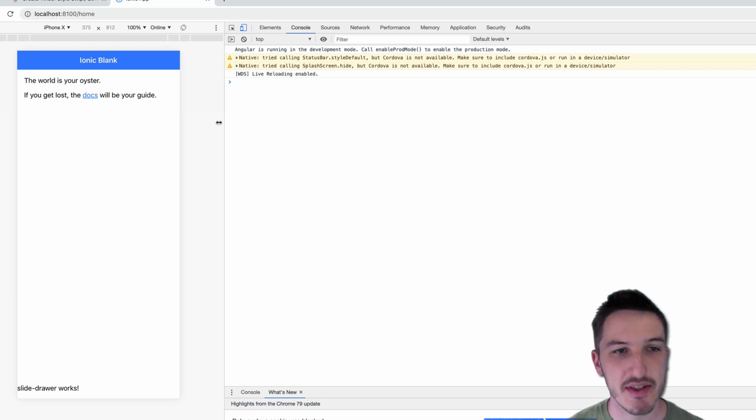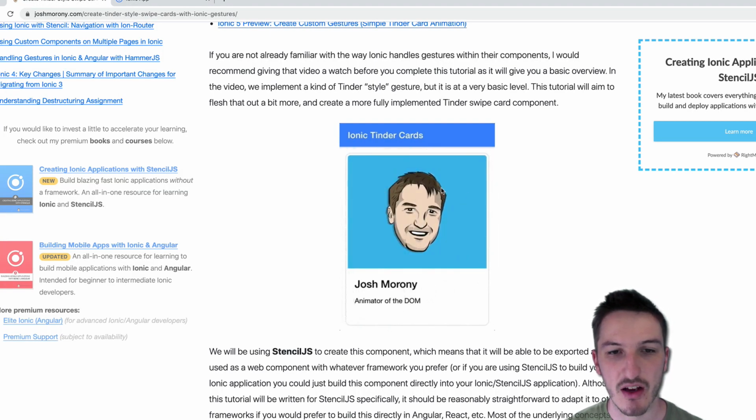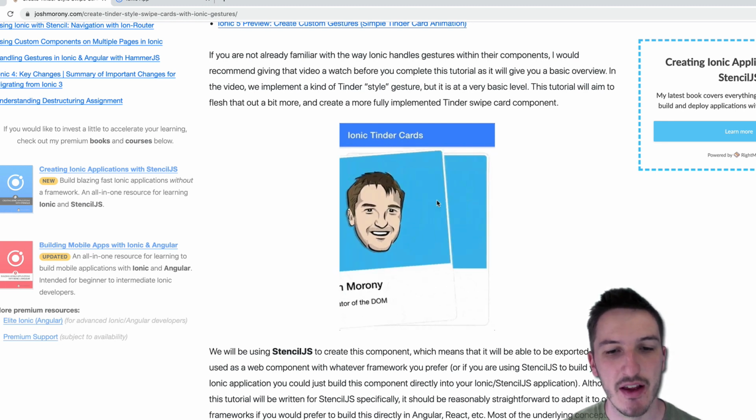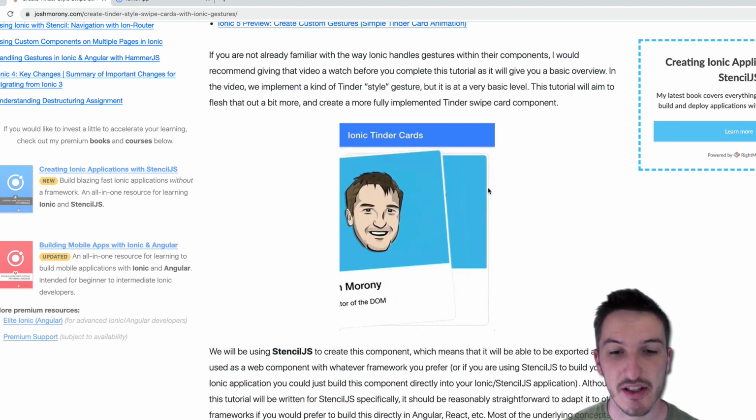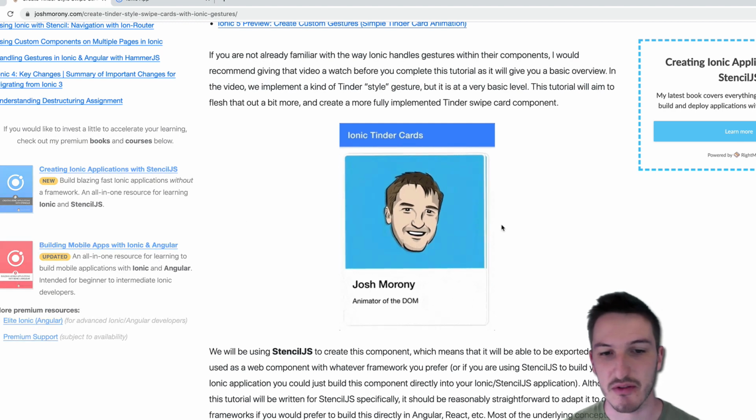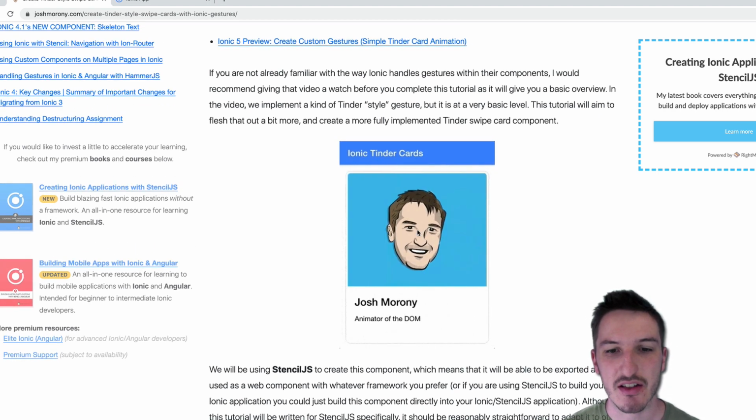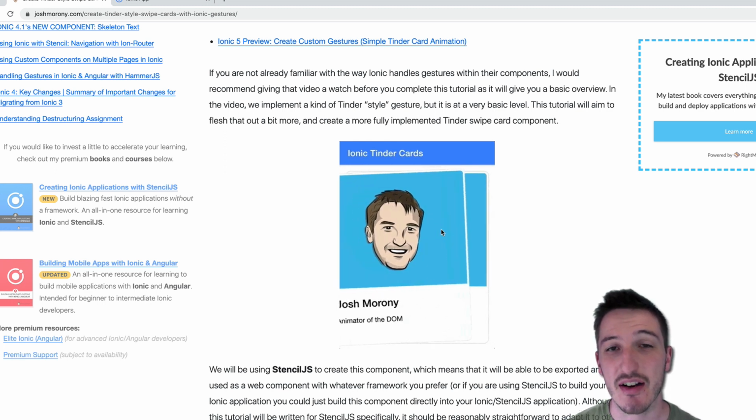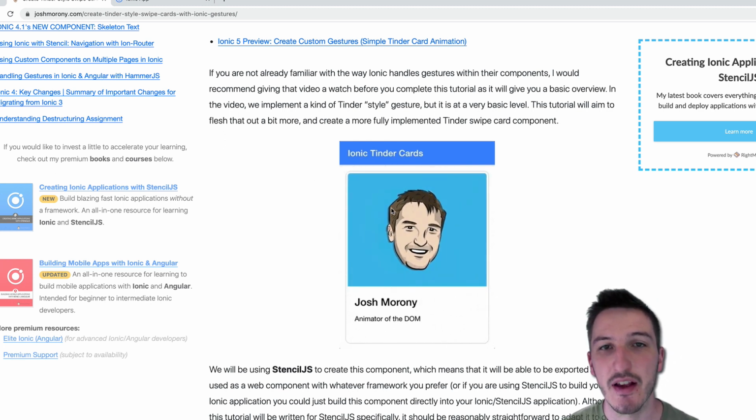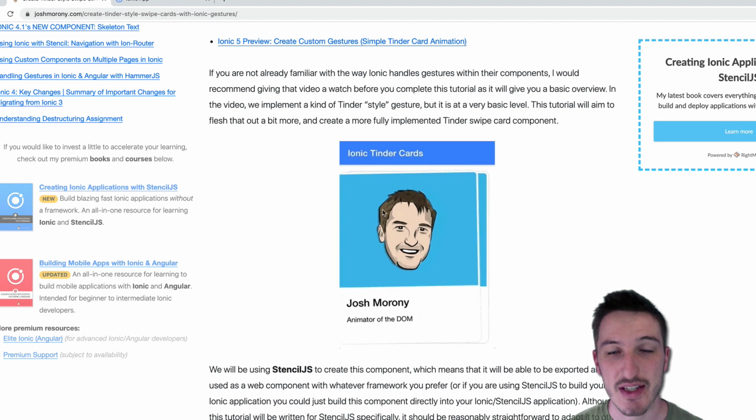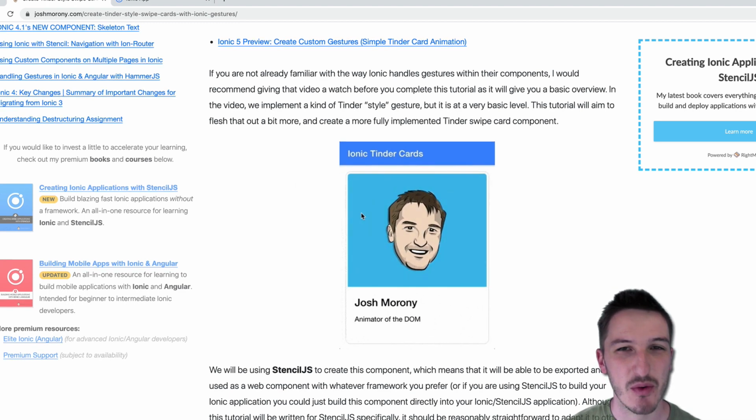And I have done some stuff recently that is similar. I've done two tutorials recently. This Tinder cards one, which we might take a look at in a bit. Basically just again using the Ionic gestures to create this sort of Tinder card swipe gesture. And I also did a Gmail style swipe to archive as well. So I'll link to both of those in the description so you can check them out if you want a bit more